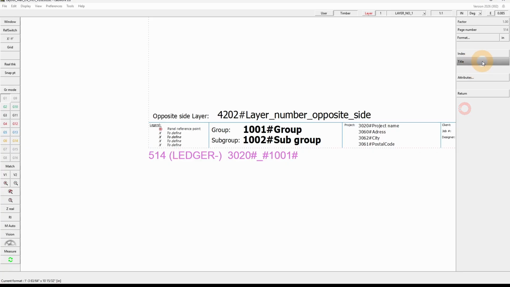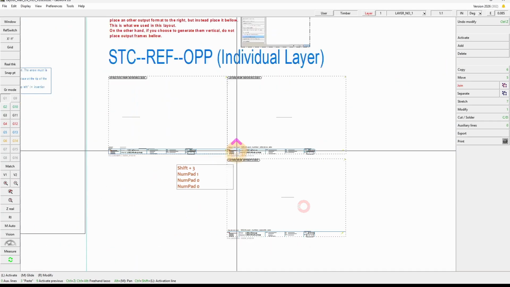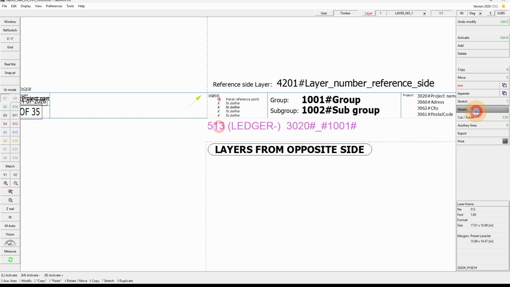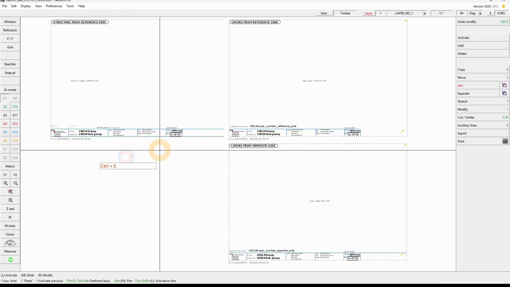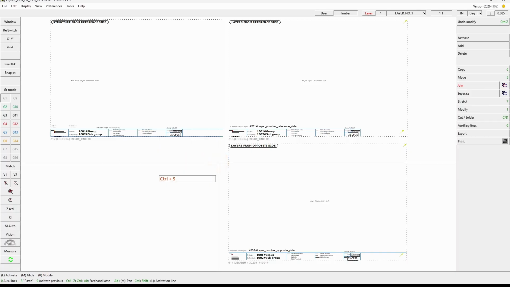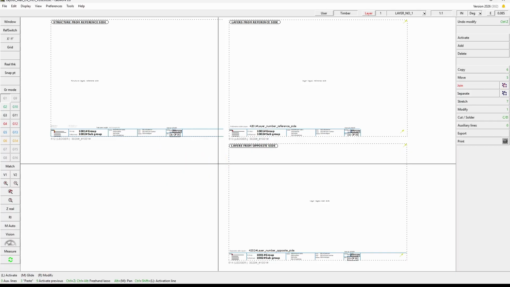Modify, title, layer opposite, and that's going to be 4202. Just going to make sure to also set here the index, which should be 1001 pound. It's like it was not active earlier, just making sure that everything is set properly. It seems like it. So now that this is done, let's just run an export and meet again in the